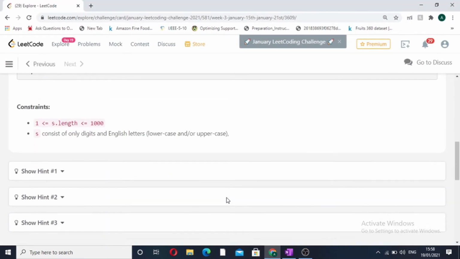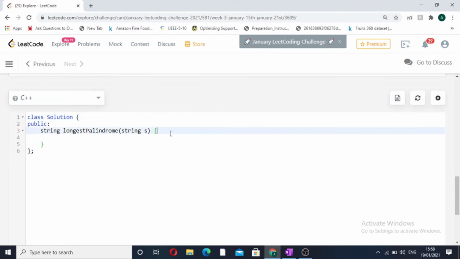Okay, so first we will declare variables. One variable will be int start. It will be initialized with -1, that is, the index from which our current substring is starting. Another one is int en, which will denote our end variable, that is, the index at which our current substring is ending. We will initialize both with -1.